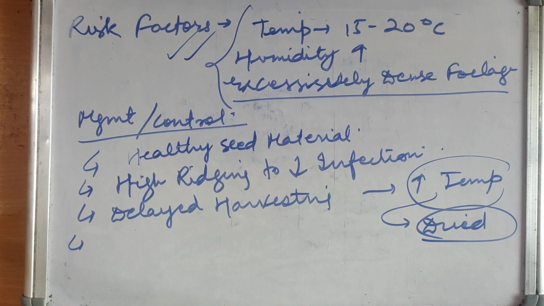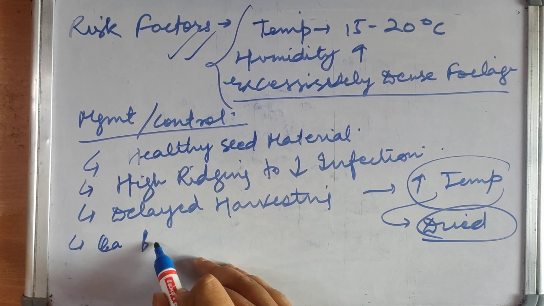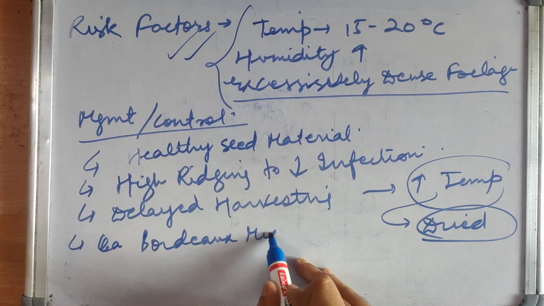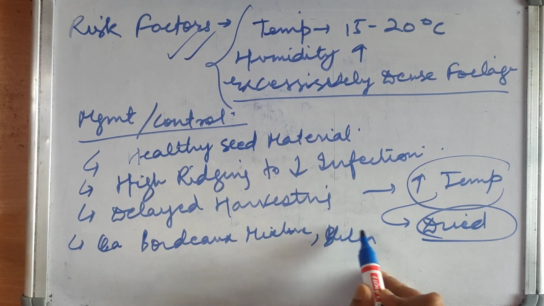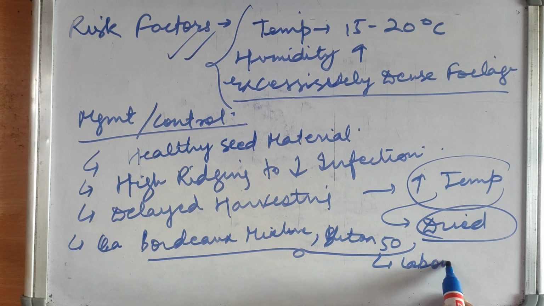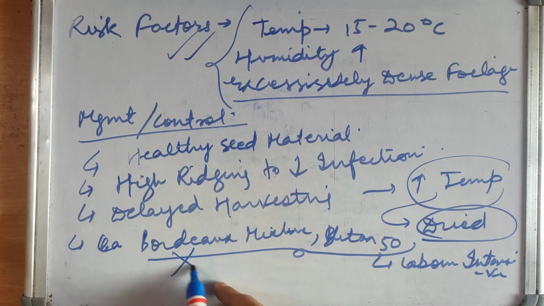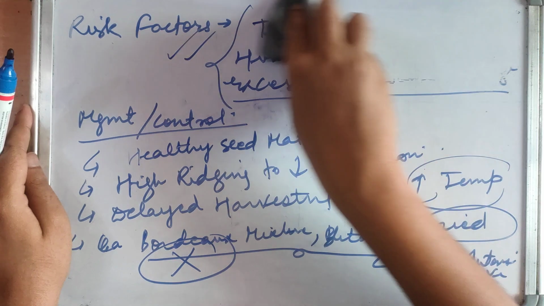What more can we do? Bordeaux mixture is not used, or you can say Blitox 40, Blitox 50. The spray of these becomes labor intensive. This requires high labor, so these things are not used here. What we can use instead is